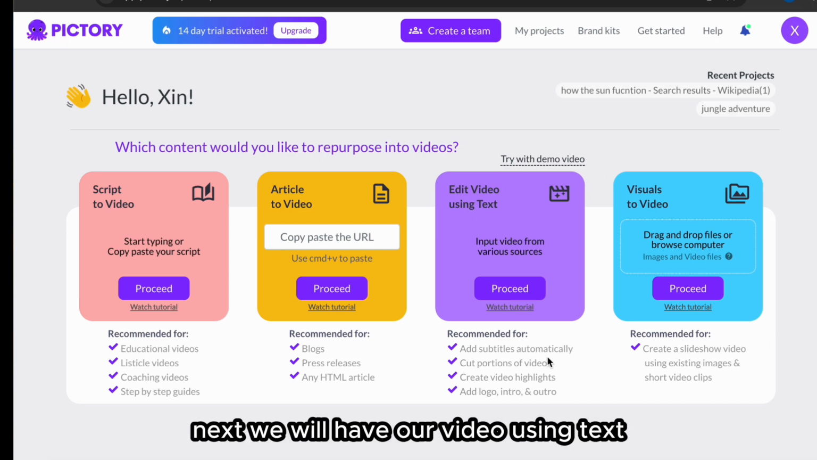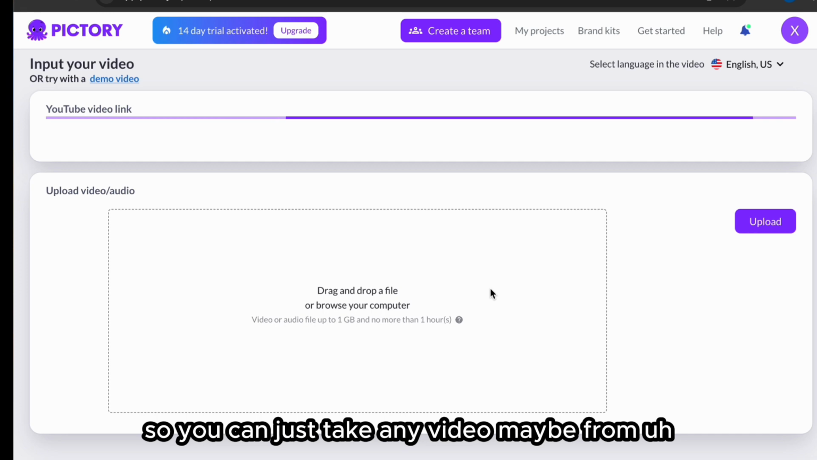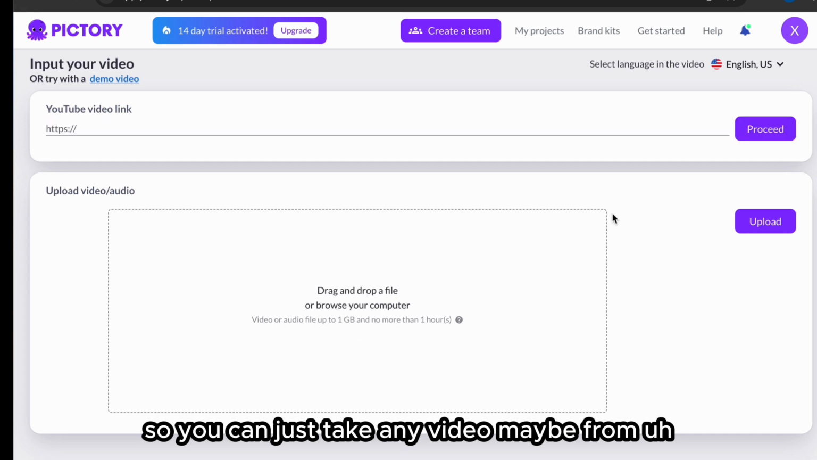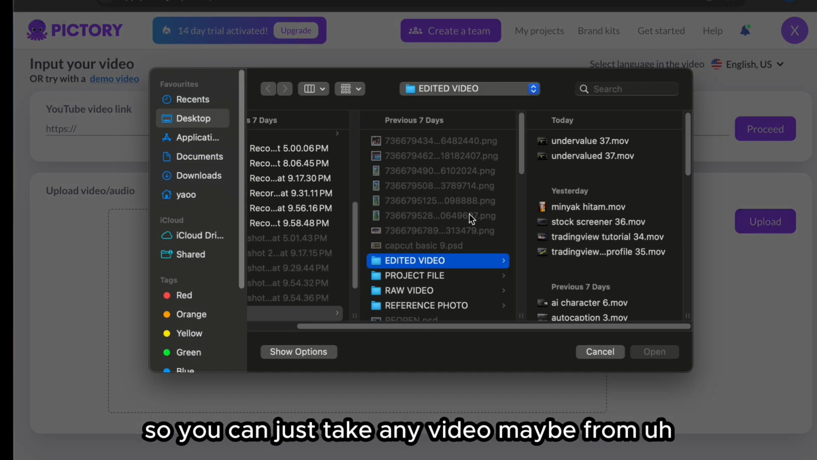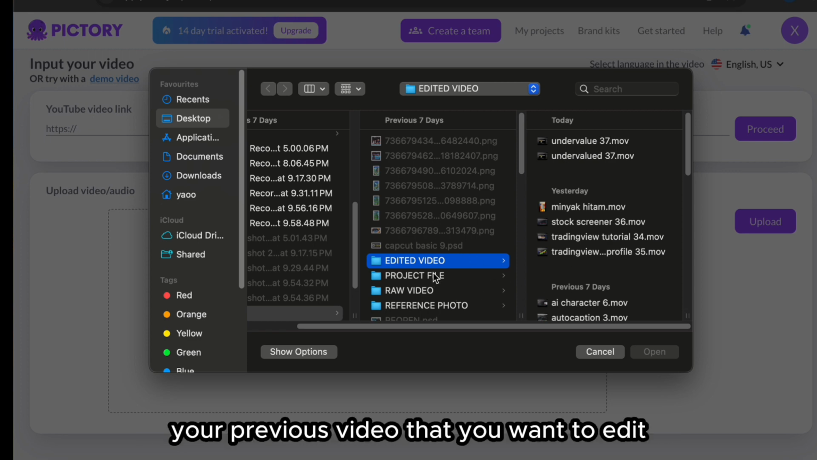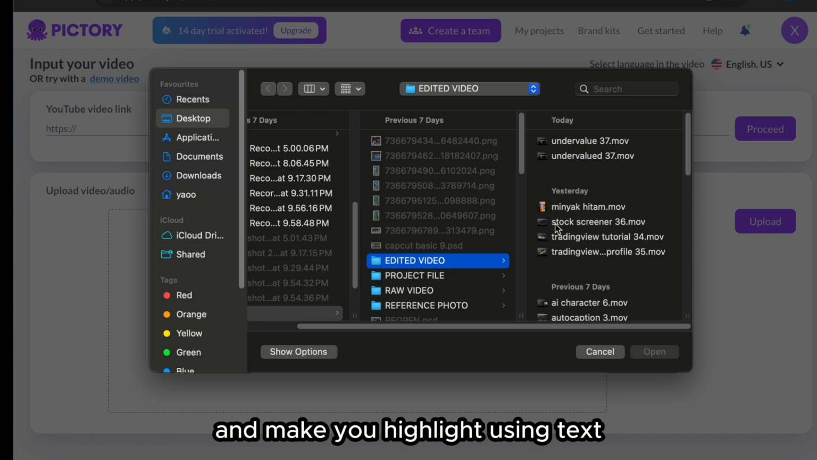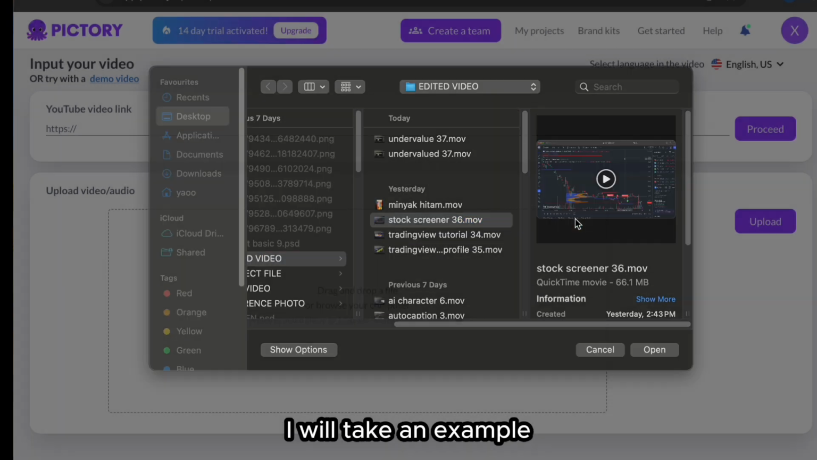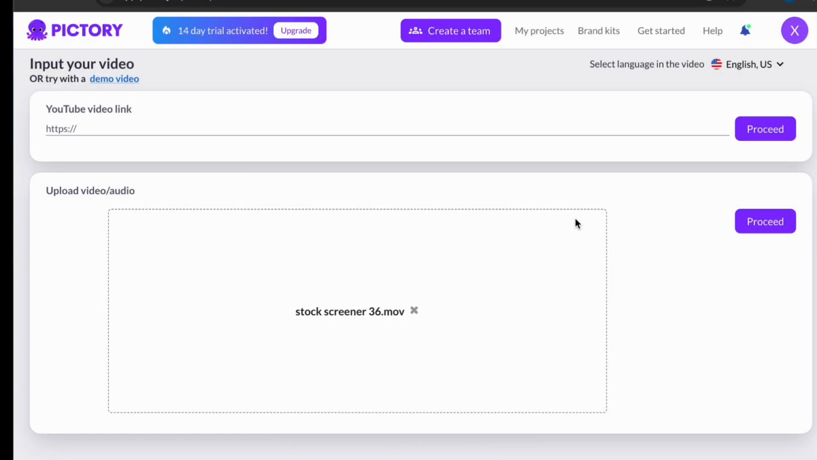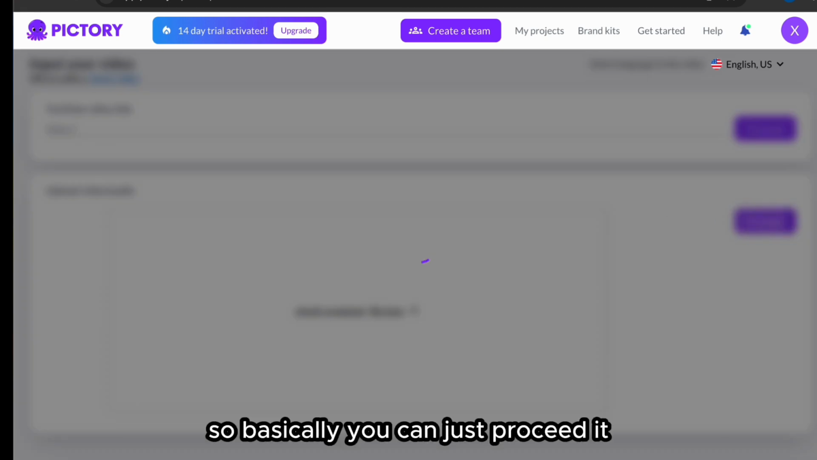So next we'll have edit video using text. You can just take any video, maybe from your previous videos, that you want to edit and highlight using text. I will take an example. So basically you can just proceed,